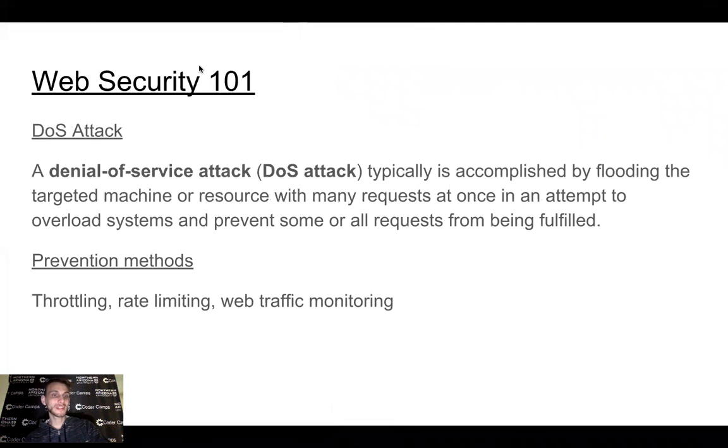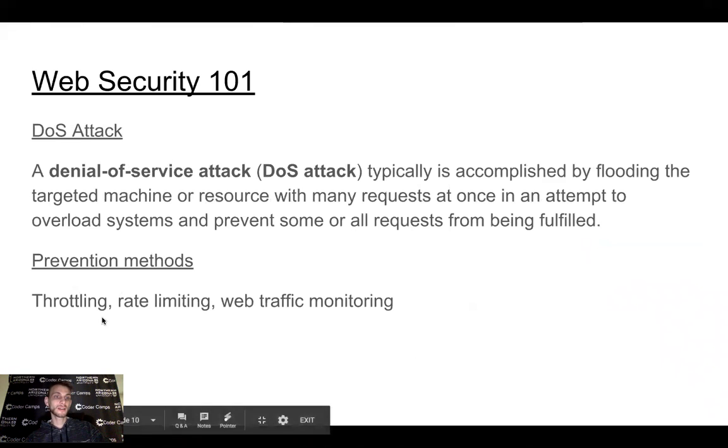So we'll start with the DOS attack. And the denial of service attack is typically accomplished by flooding the targeted machine or resource with many requests at once in an attempt to overload systems and prevent some or all requests from being fulfilled. Okay, and so this goes back to what we talked about a minute ago. If you don't have any rate limits set up, then you're open for a DOS attack in that regard. Okay, so prevention methods for this kind of attack, we've got throttling, which is limiting bandwidth,